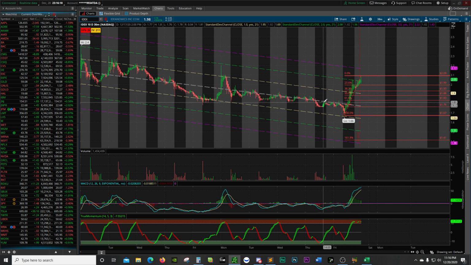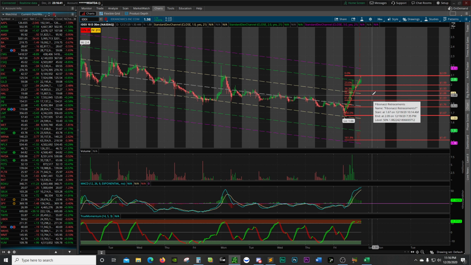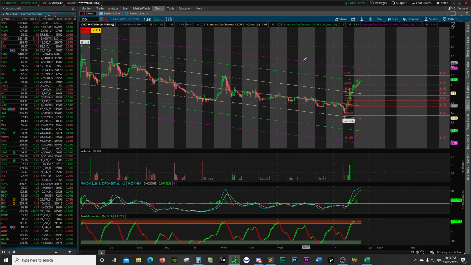But this broke multiple levels of resistance. 1, 2, 3, 4 levels of resistance all in one day. That's huge. But it is hitting resistance right here. So I think you're going to see it potentially reverse down here somewhere, 38 to 50% level. If it goes below 50%, I'd be a little nervous to get into it until it comes back down here somewhere. Gotcha.